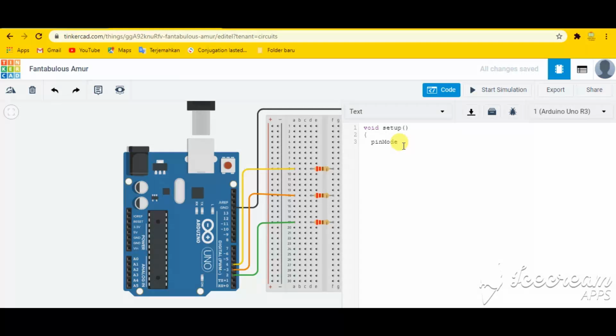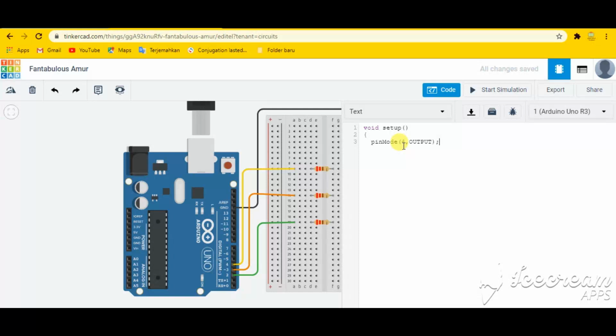After that we put this 4. After 4 we type OUTPUT, then we close it, then put this,